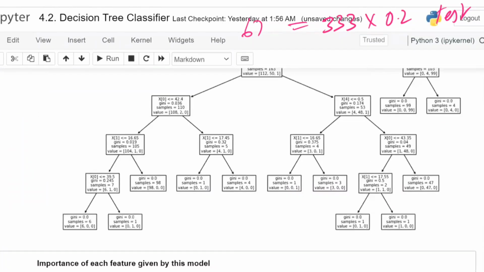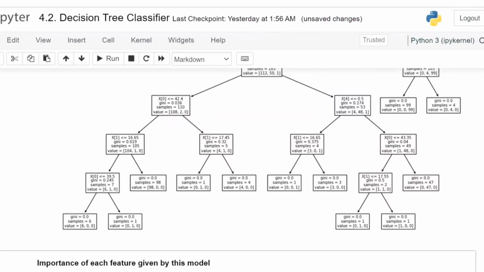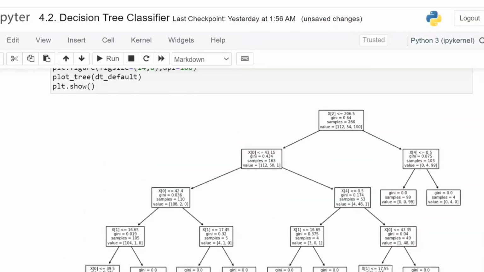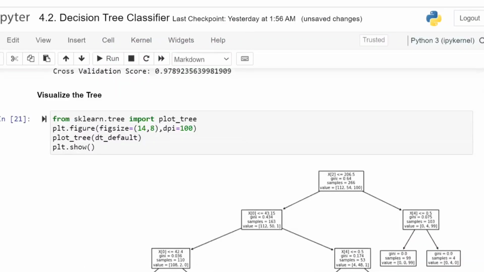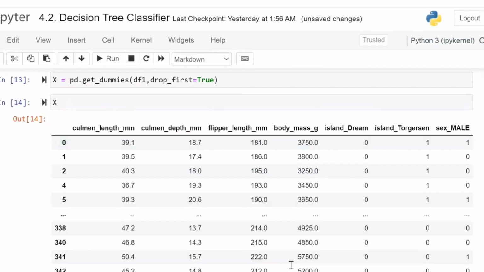This is the tree. Now, in whatever tree there is, the left side is always true, fixed. Every time, true, false, true, false. Everything is fixed. Now, if you observe, first it is going to select the condition. This is the first condition. What is the condition? X of 2 is less than or equal to 206.5. What is meant by X of 2? What is there in your X?